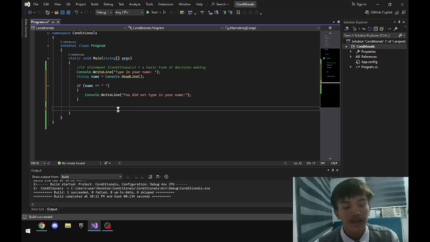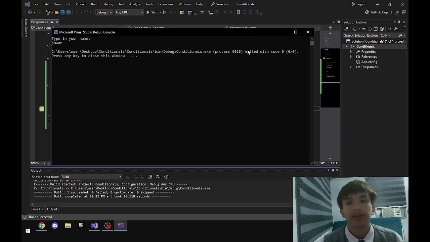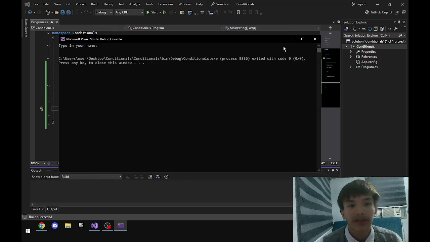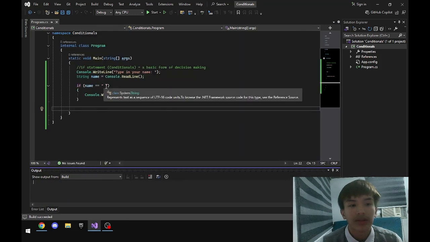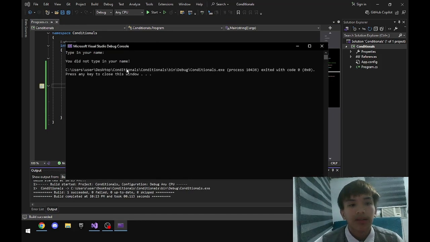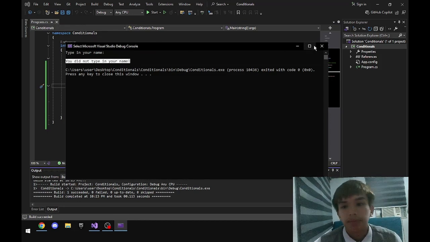So once we run this, once we type our name, it should run as normal. But as soon as we type nothing and just press enter, the program will tell us that we did not type in our name.